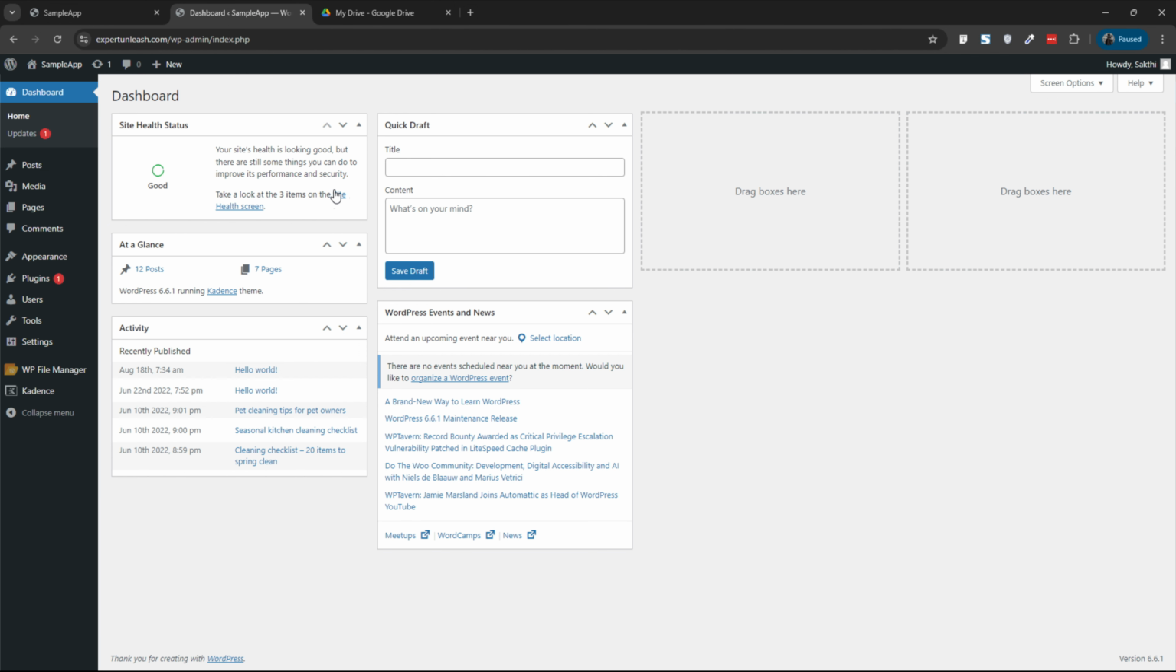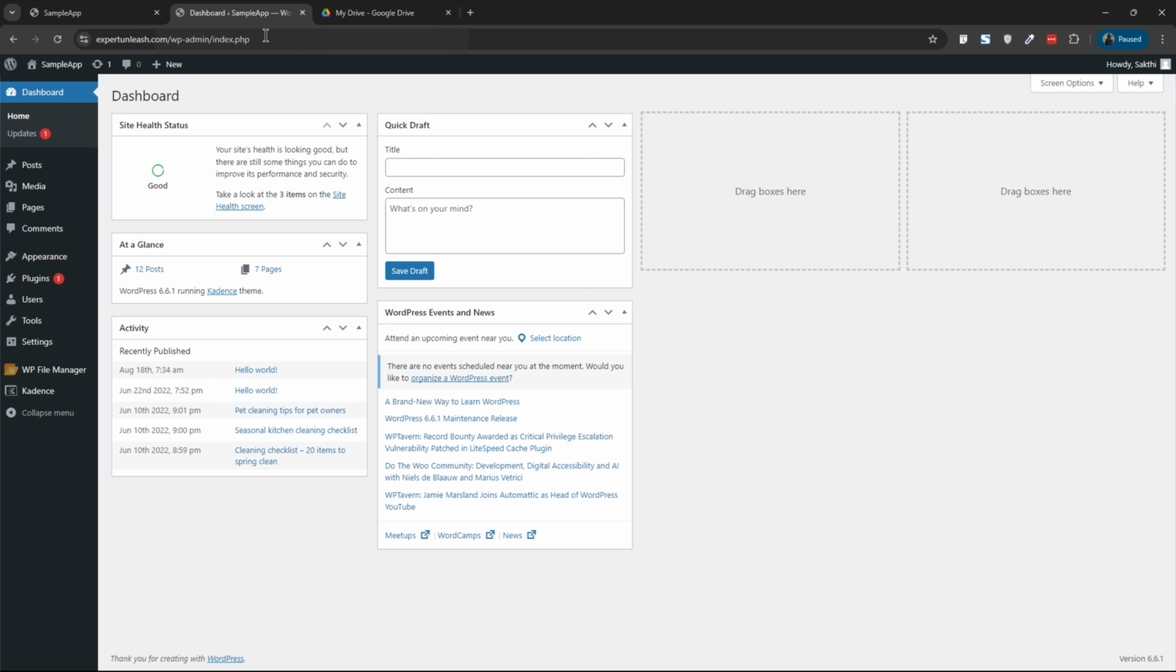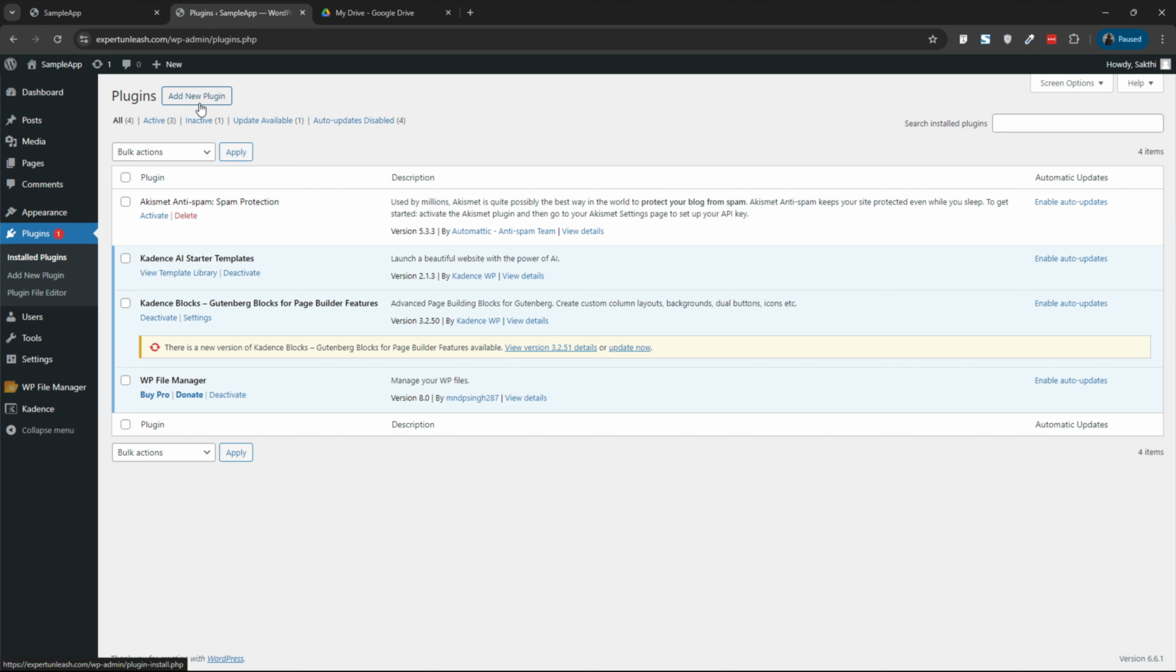Log into your WordPress admin dashboard and also log into your Google Drive account using your Google account. Now get back to the WordPress admin dashboard. Go to the plugins tab. Click on the add new plugin